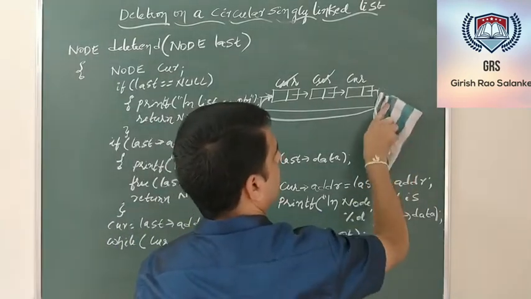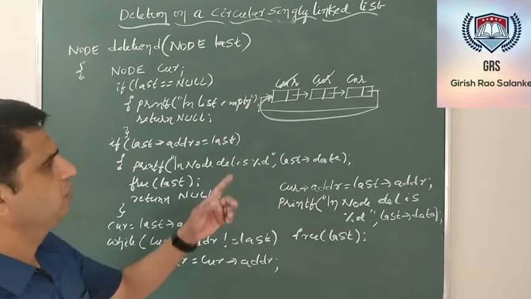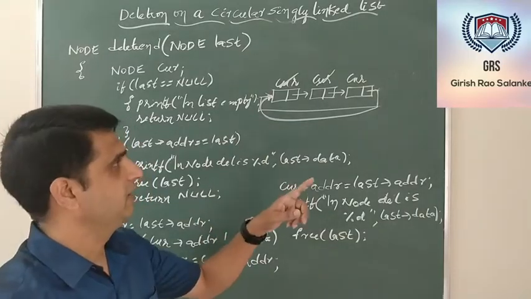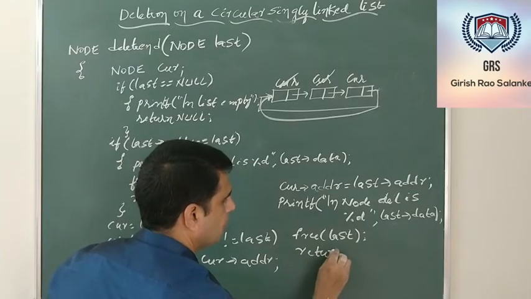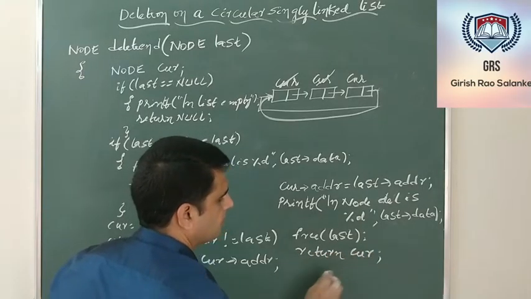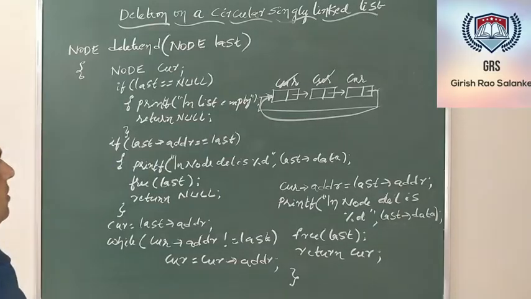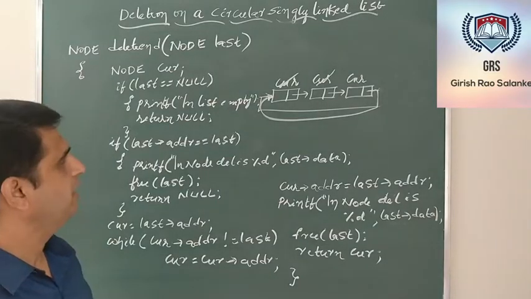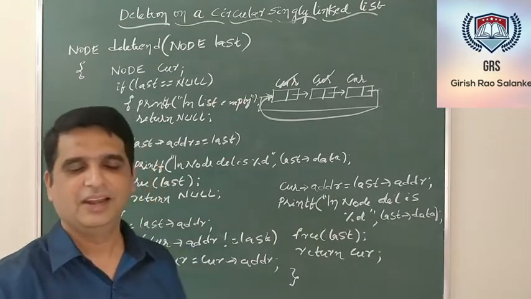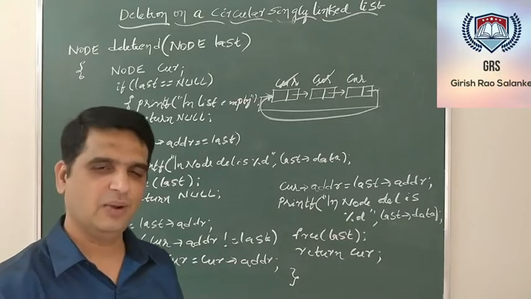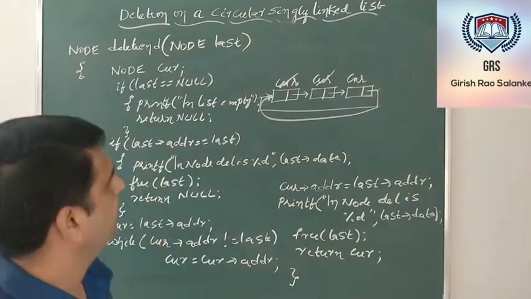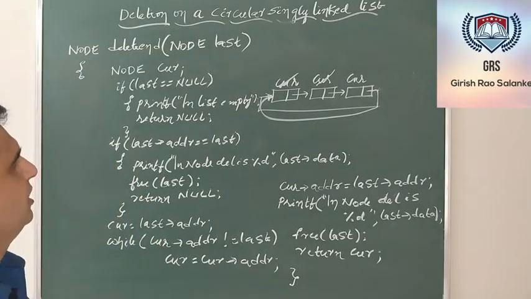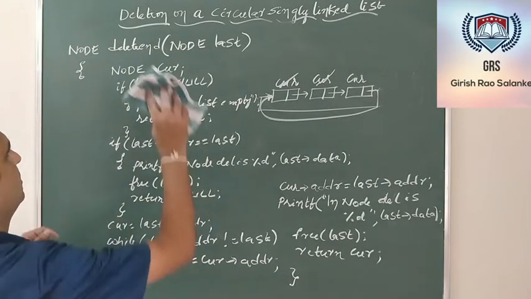Now this is gone. So what is left out? Okay, now you should return the address of the last node after deleting. Which is your last node? It is nothing but your current. Return current. Close the function. Hope this should be fine. This is about how to perform the deletion operation in case of a circular single linked list. Quickly, we can even discuss how to display the content of a list.